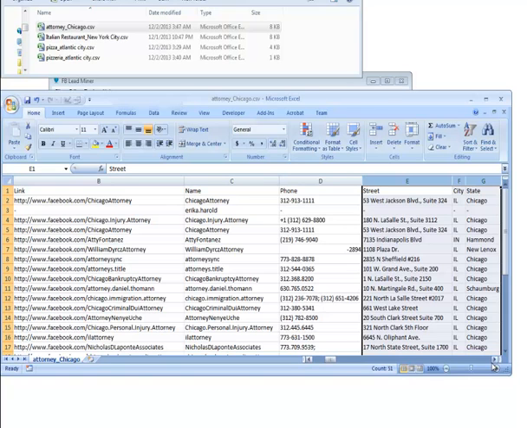If you notice, it took me a little bit to find some results. Now again, that was because my sample size was only a few pages. In Chicago, it looks like there's a number of attorneys who are doing it correctly. If you look to the right,